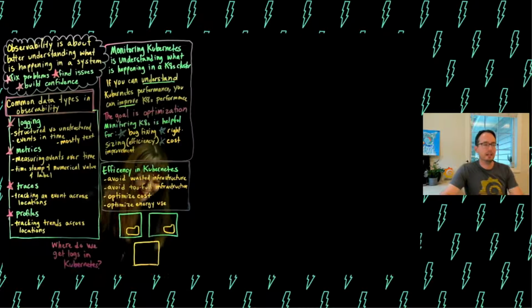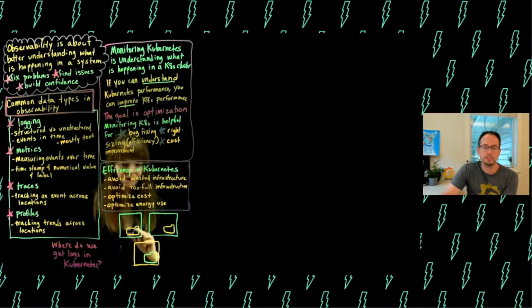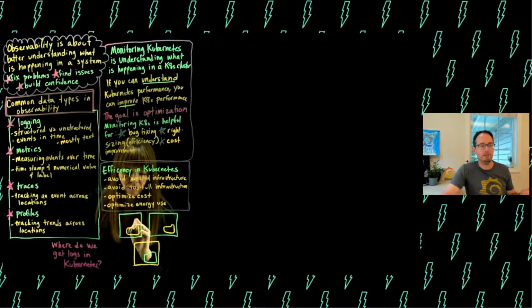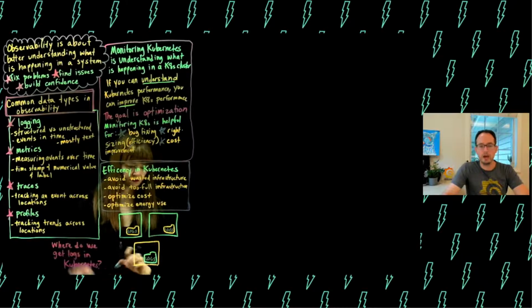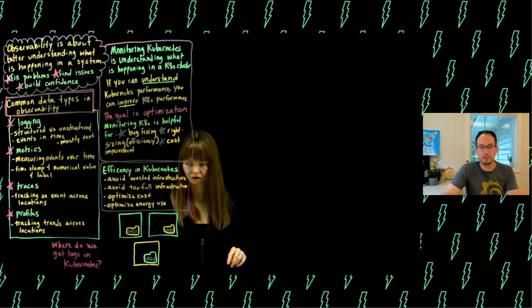Yeah. So any node, if you're running a pod on there, the pod logs will be captured as files on the node. And that's really helpful because if you have a pod that crashes or restarts, the node will have the logs for that pod after it's gone. And so you can do a little bit of forensics and find out what was happening there. You don't have to worry so much about how old the log is. You can always get to that.